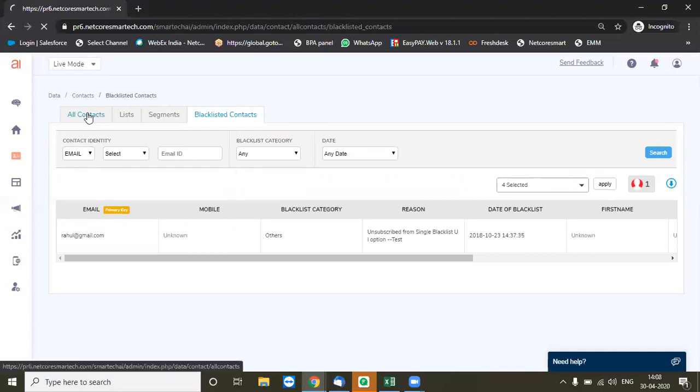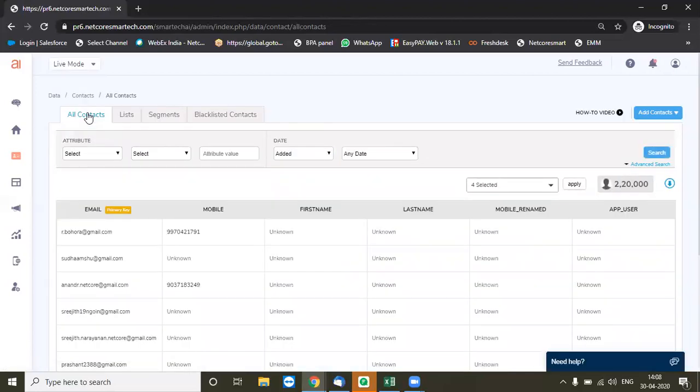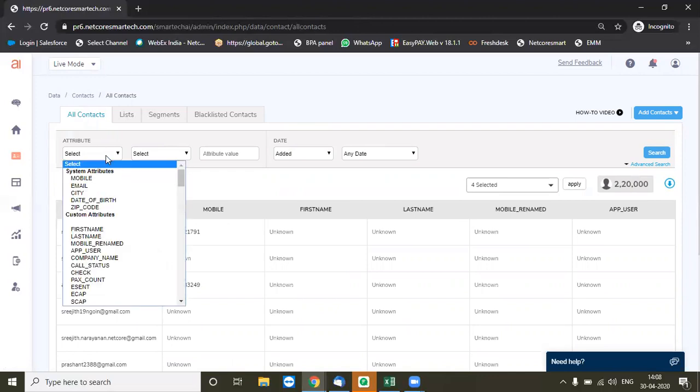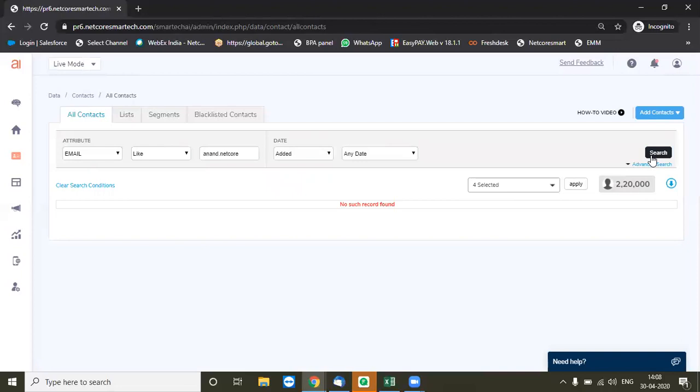Just going back to the main contact master, one key feature which actually defines why we should have smart tech as a tool across all the channels. A very critical reason for that is the availability of a unified profile of a single customer. So for example, if I want to understand for a particular contact, which I'm taking my email address over here. Maybe I think I need to search for a different ID.